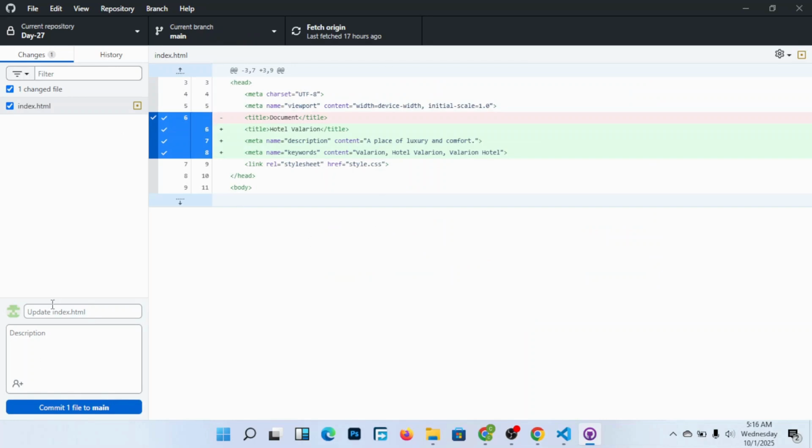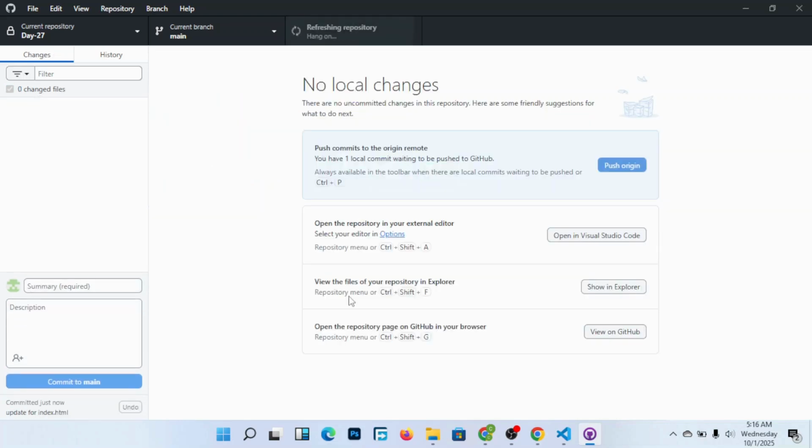I'm just going to say update for index.html, and I say it is a simple update. Then I commit and I push. Those are the changes that I've made, and I push to origin. Are you seeing it? I push to origin.